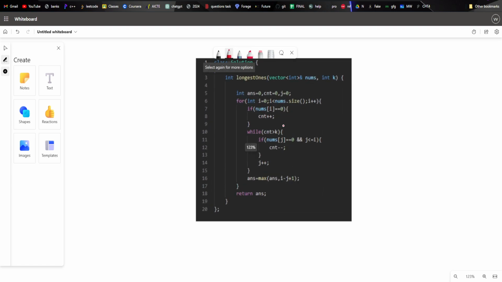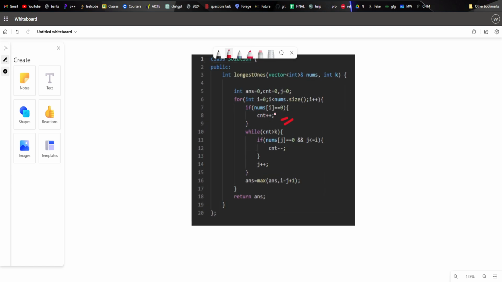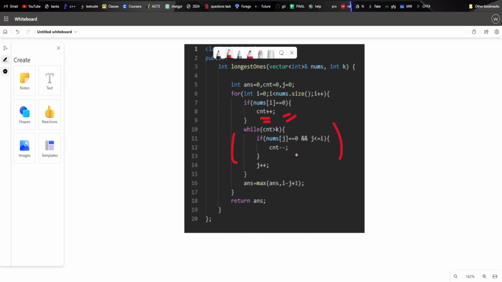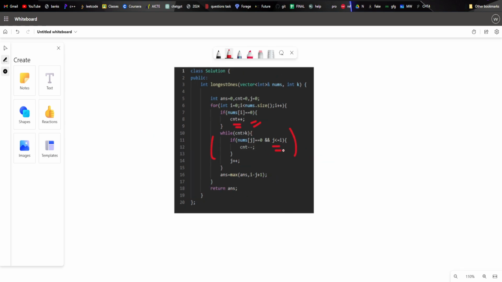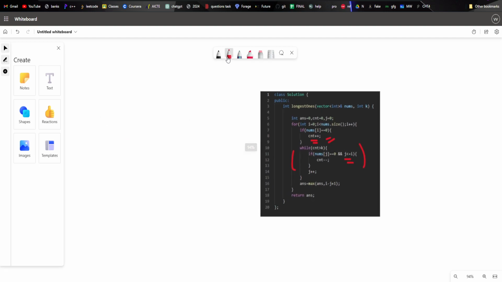In the code, let me show you with 1 1 1, then 0 0 0, and then 1 1 1.